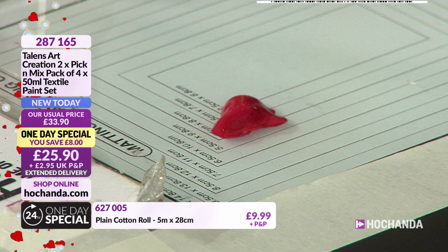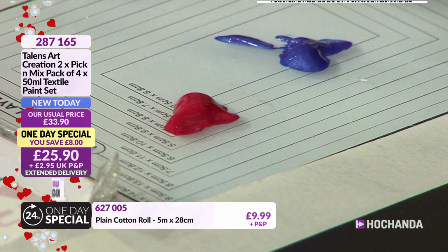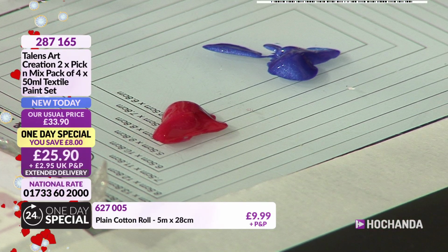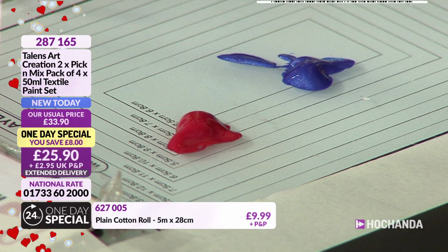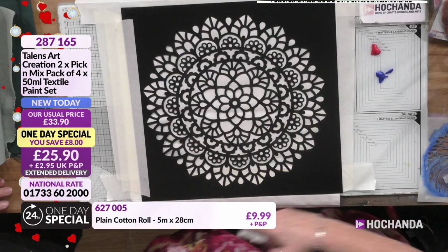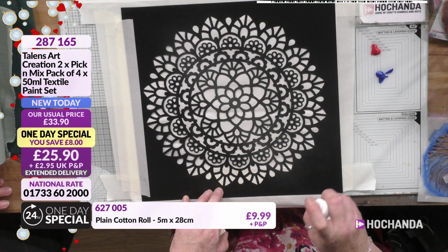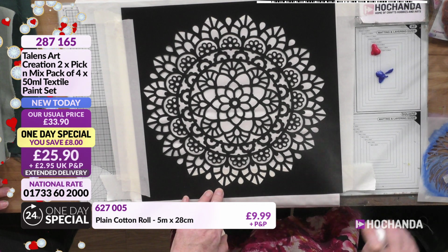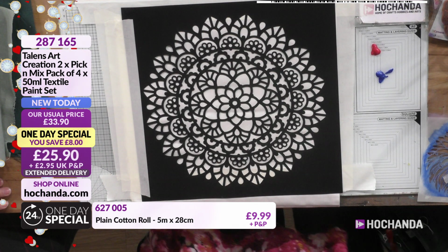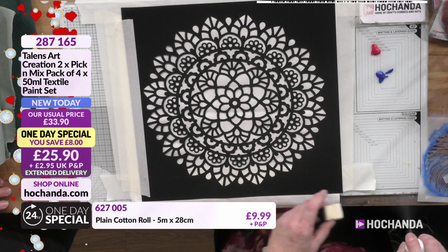And you don't need a lot because we're going to actually spray the surface only lightly. Don't spray a lot of water. Water is your enemy, really. But what we want to do is make it slick, because if we have to rub hard on this, then what happens is we start pushing the paint underneath the stencil. So just a little bit, let it go into the surface, spray your sponge and a little bit on